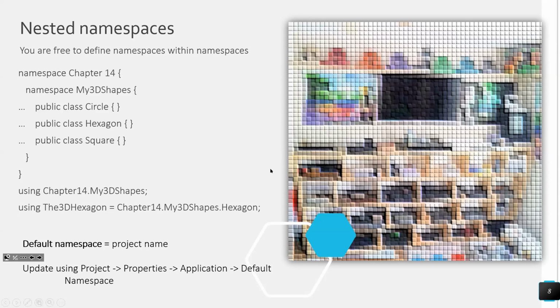So you might see a company that you go to work for might have specific requirements. They might say the first namespace has to be the system name, like accounts receivable, and then underneath that they want some sort of function like billing or something like that. So your company might have a structure to their namespace naming, or they might not. Whenever I'm working with these kinds of things,